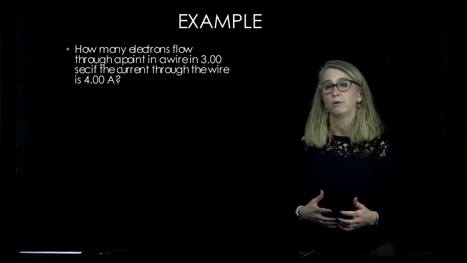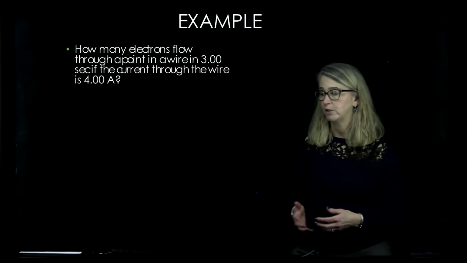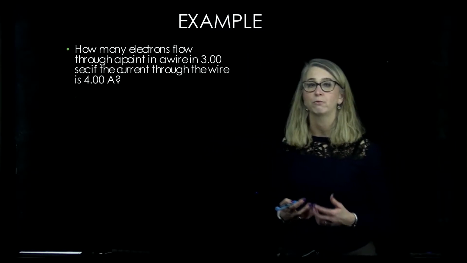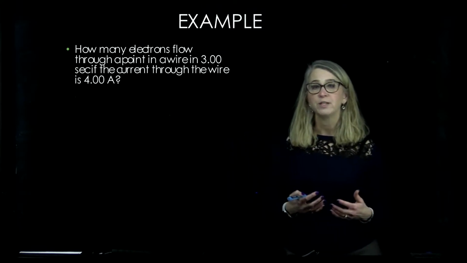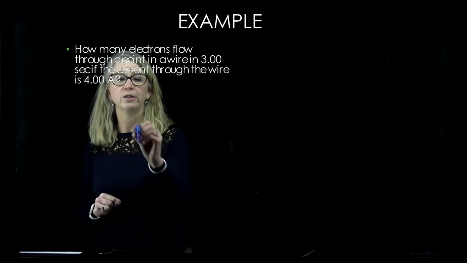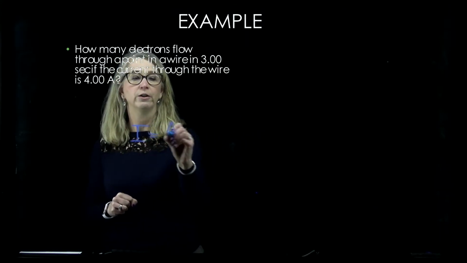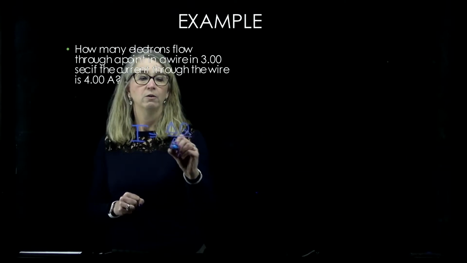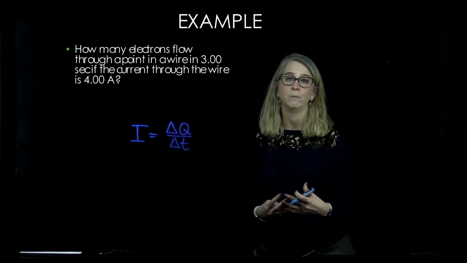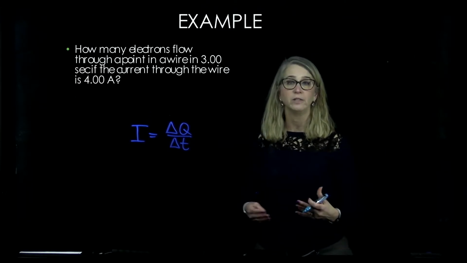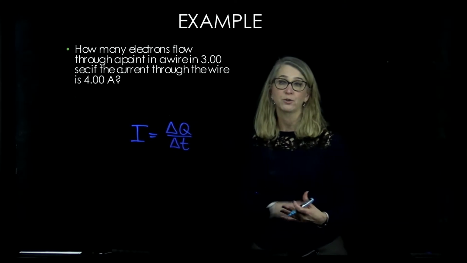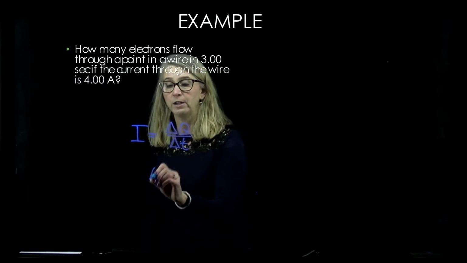I just want to do a really simple example using the definition of current. In this problem, we're asked how many electrons flow through a point in a wire in 3 seconds if the current through the wire is 4 amps. This question is using our definition of current, which is delta Q over delta T. The first thing we can do, given the information, is calculate the total charge that passes through the wire. So we would just rearrange this,